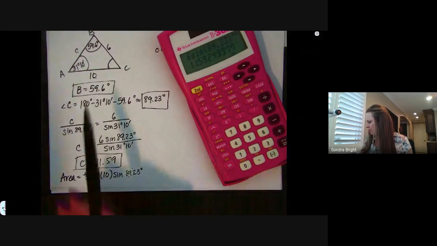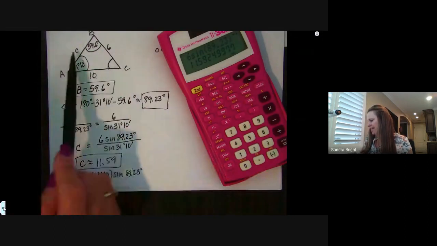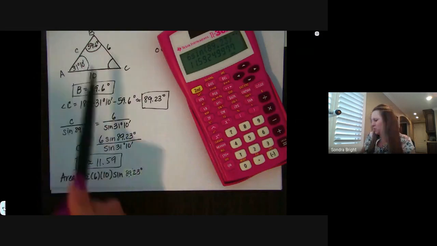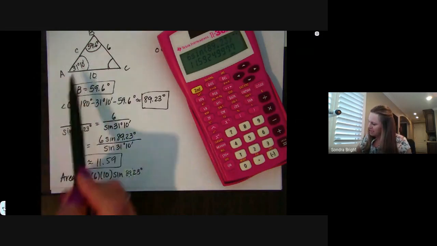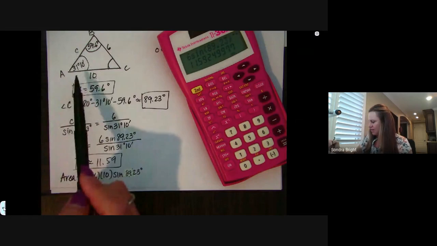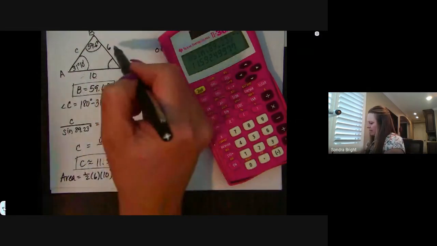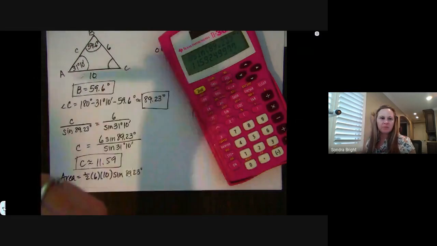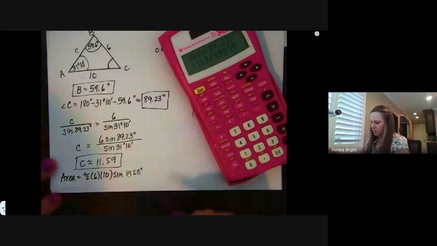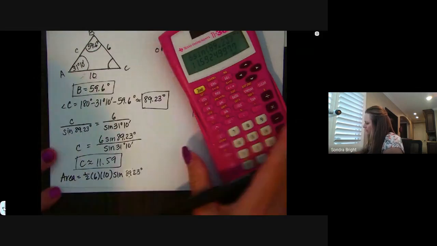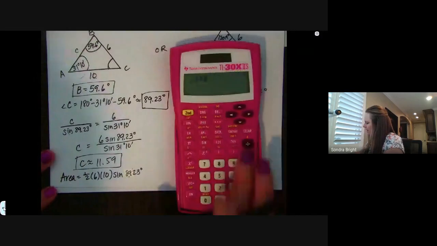You could have, I guess, used your approximation for side C and side B, and then you would use angle A that's in between. You could have used B and used C and A as the sides. There's lots of ways of doing it, but you're not going to get around without a rounded answer somewhere. So that's all right. Okay, so we got 0.5 times 6 times 10 times sine of 89.23, which is really,